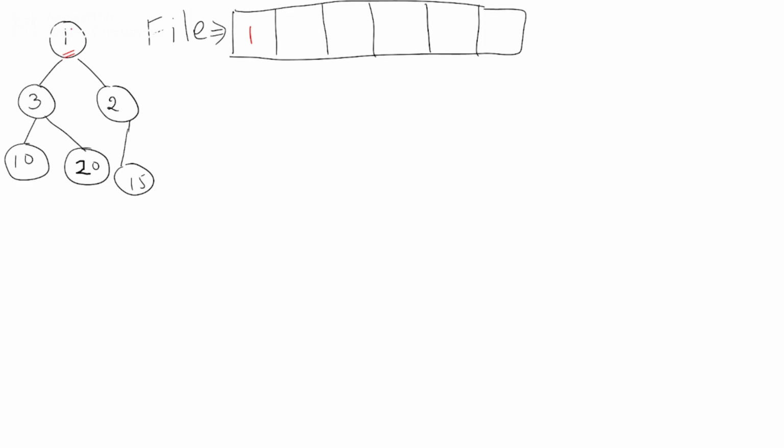Now what I need to do, I need to remove it from the heap. When I write it into the file, I will remove it from the heap, and I will see which is the biggest element. So here the last element you have is 15. So 15 I am going to copy over to the root. When I copy that, my tree will be like this: 10, 20. I have to reduce the number of elements by 1.